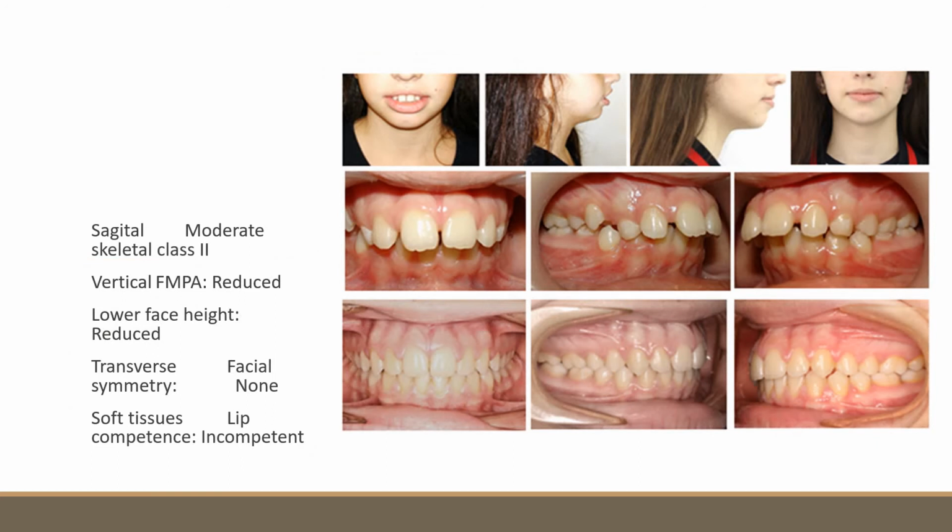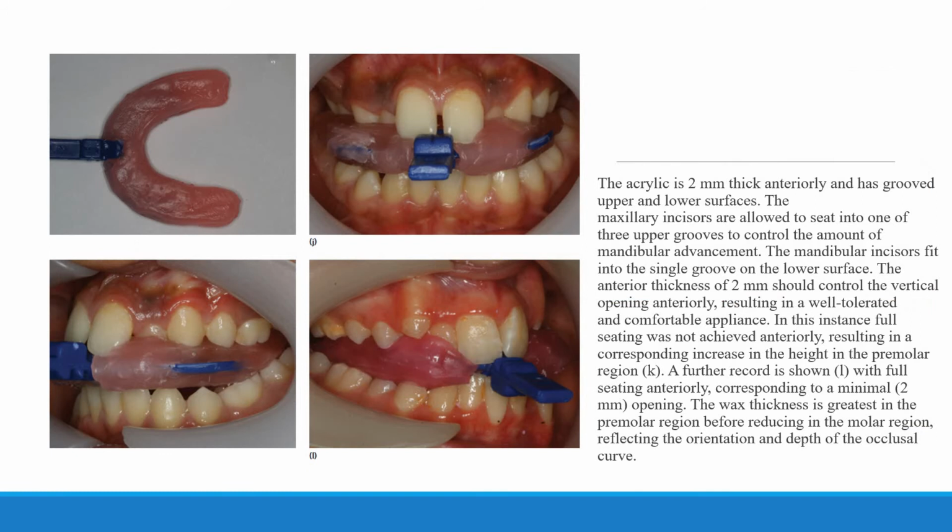A clinical case. An 11-year-old female presented with a class 2 division 1 malocclusion on a moderate skeletal class 2 pattern with reduced vertical dimensions, complicated by an increased overjet of about 11 millimeters, increased overbite, generalized spacing, and maxillary proclination. During treatment planning, we modified twin block functional appliances